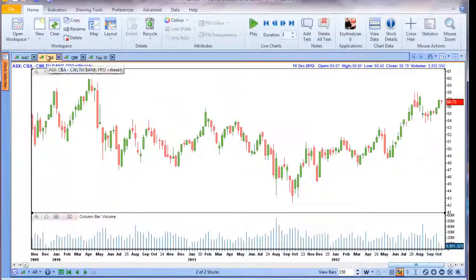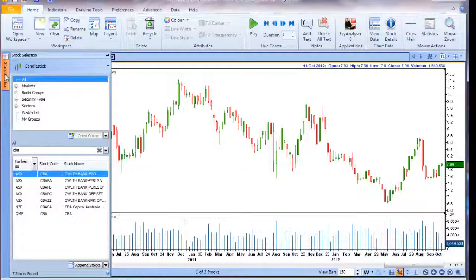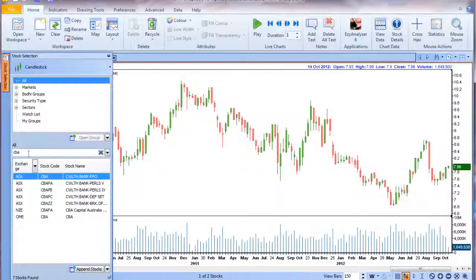As you can see, CBA is up on the tab and there's a list of 2 in this group. We click on the next stock, it'll be Bendigo Bank. So we have ourselves a group of 2. Let's bring back the stock selection window. We want to